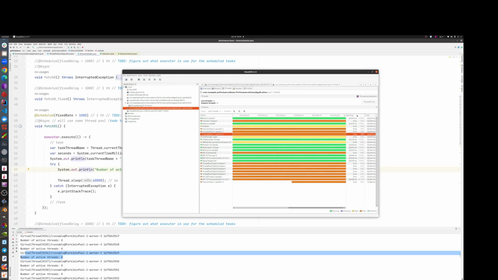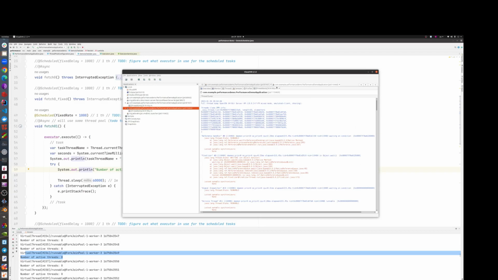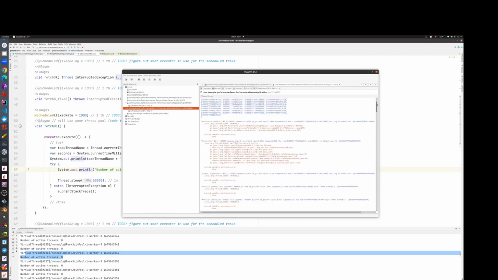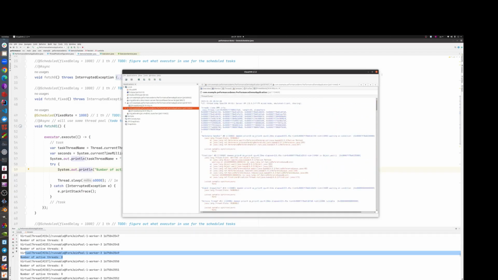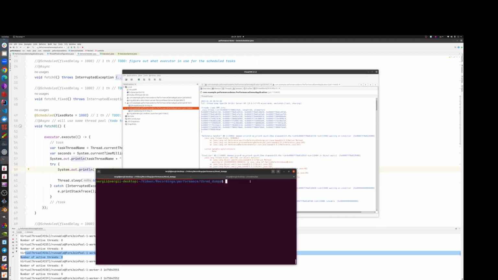What we can do, we can probably do a thread dump and see what's going on inside, and maybe we can get some information from there. I'm not sure. Or there is a better way. We can use this command. I'll show it to you. We can use this command